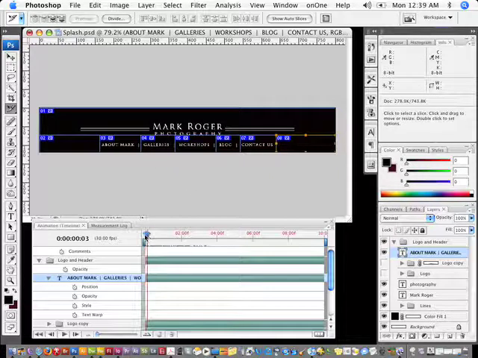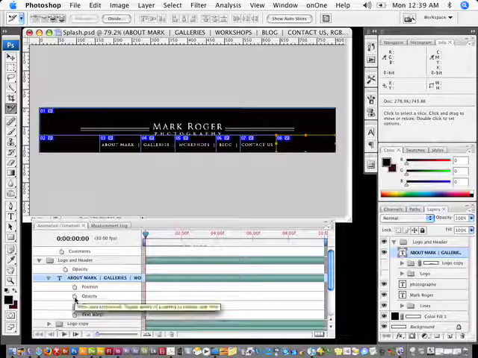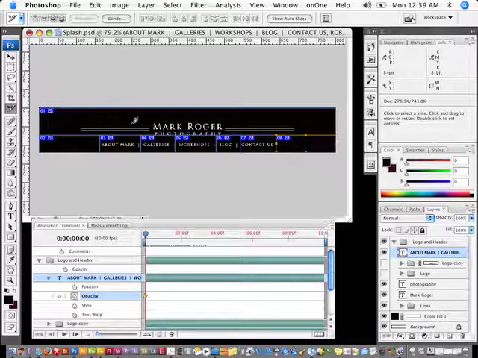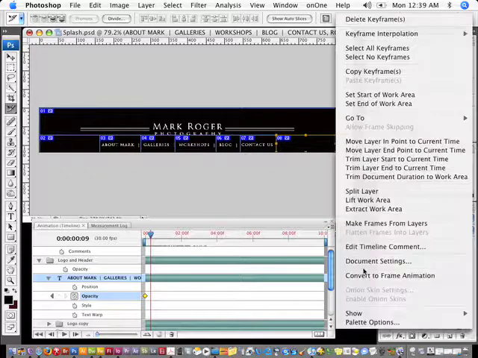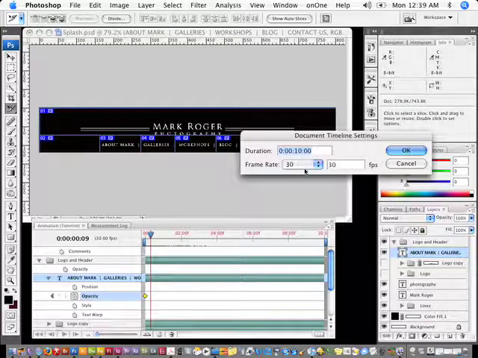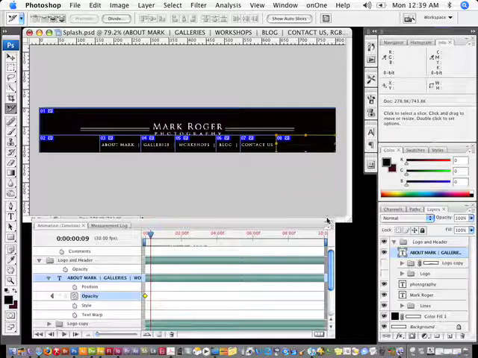So the first thing that I want to do is go over here to opacity, and under the opacity I'm going to click on this little time swatch. Now I have a mark there that remembers what this looks like at this specific opacity. Now I can drag my playhead just slightly over, and notice that right now it's at 30 frames per second. I can change that by clicking on this flyout here and going under document settings, and that's where you can change the frame rate. I kind of want the frame rate at 30, so I'm going to leave it there.